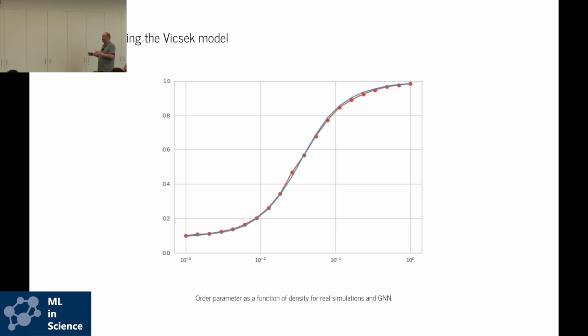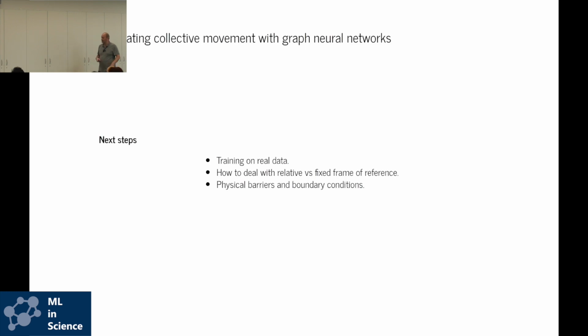So it can, without being told there's a phase transition, you train it on one density, and then if you give it different densities, it makes accurate predictions in terms of how the system would behave. This is how the system would behave if the density was higher, and it gets it correct even though it's never seen that. And yeah, so the next stage of this is actually really just applying it to real data